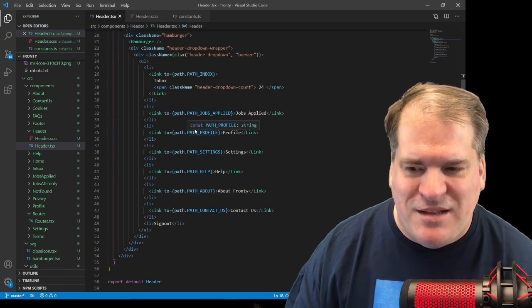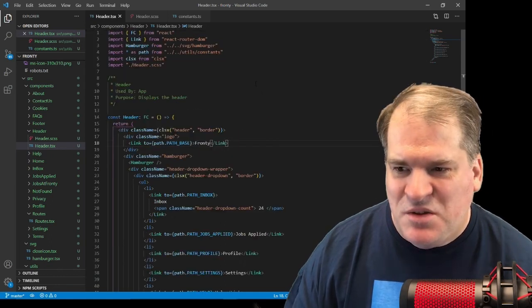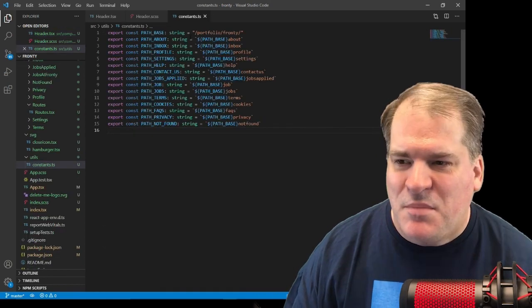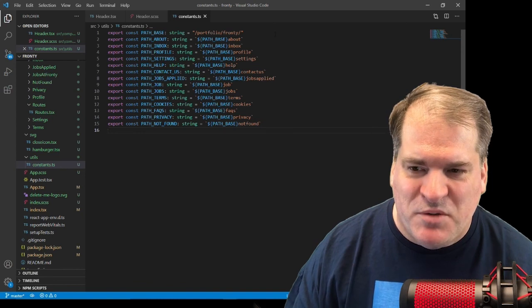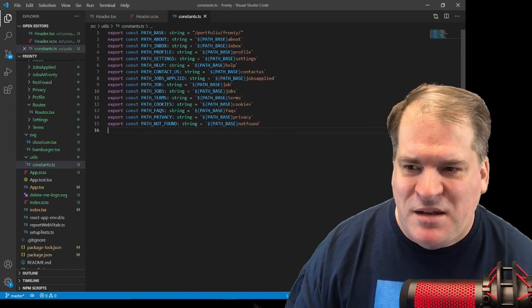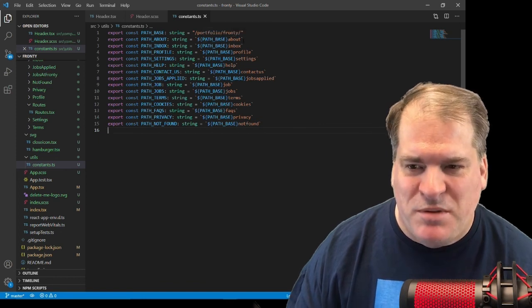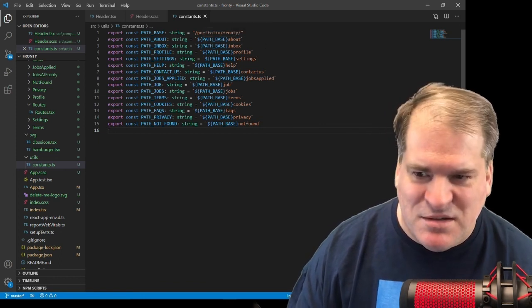Now I've added these as constants, and you can see that I've imported path from constants. So I define my base string as portfolio Fronty, and then each of the pages gets their own constant. So the about page would be base about, base inbox, base profile,